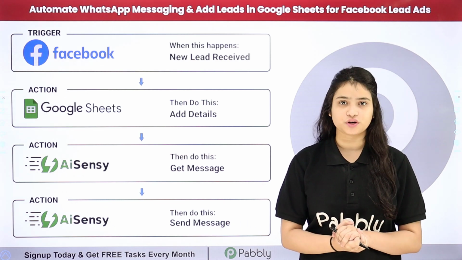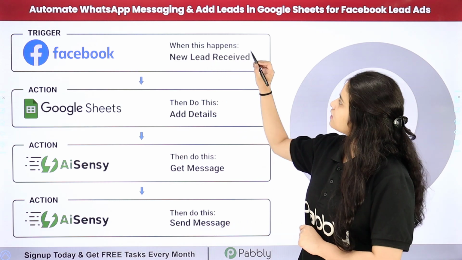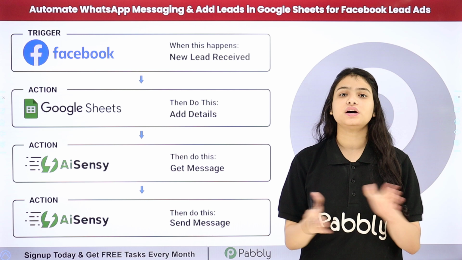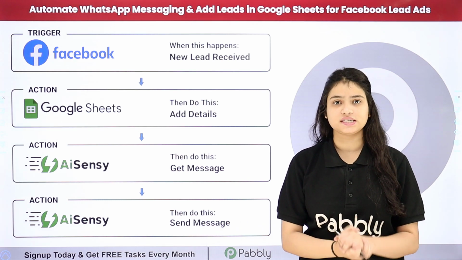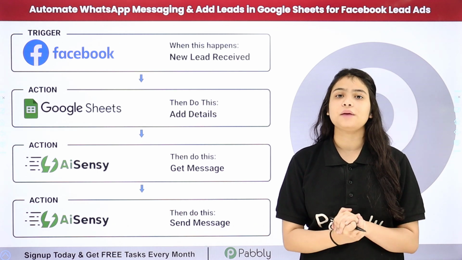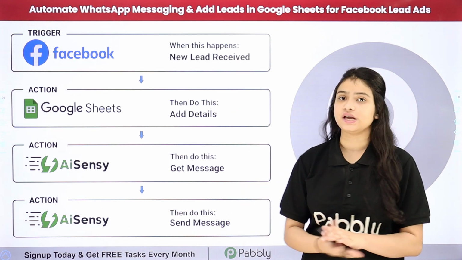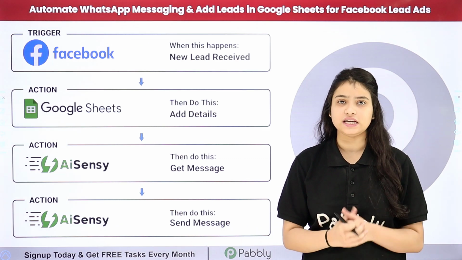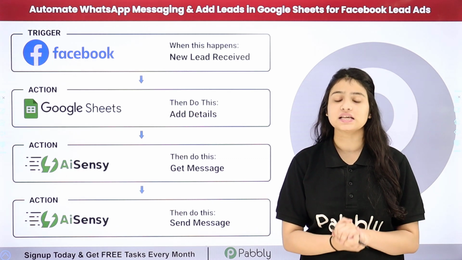In this video, we are going to learn how to automate WhatsApp messaging and add leads in Google Sheets for Facebook lead ads. So here I am managing a digital marketing agency, and to promote my business, I am using Facebook lead ads. So basically, I am running an ad campaign on my Facebook page, and now my objective is that as soon as I am going to receive a new lead for my business through Facebook lead ads, automatically